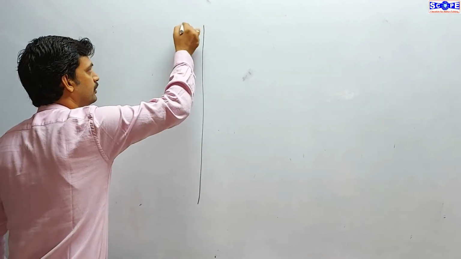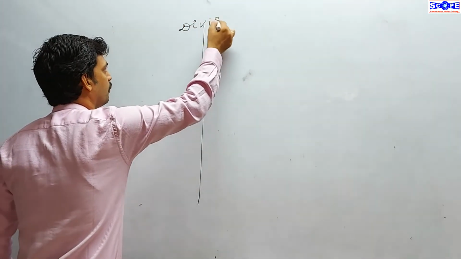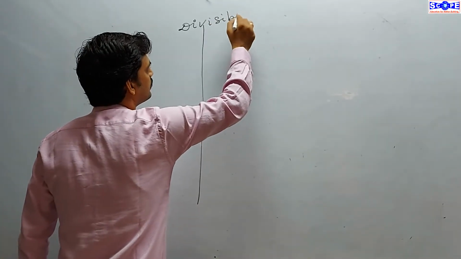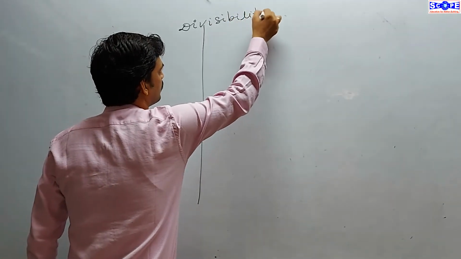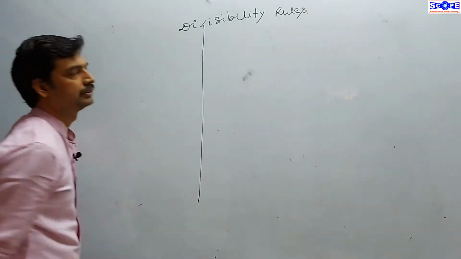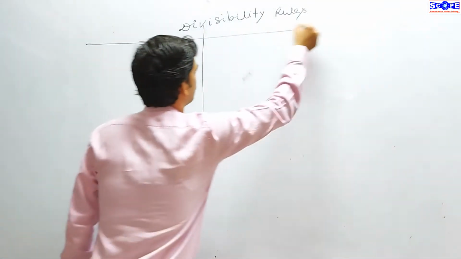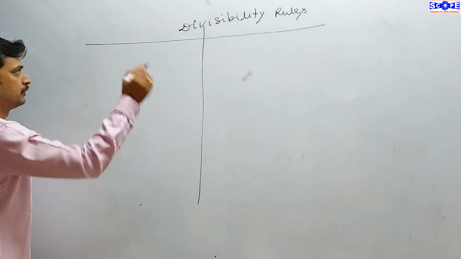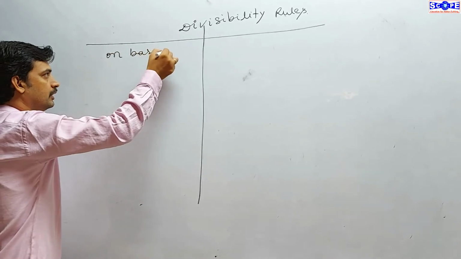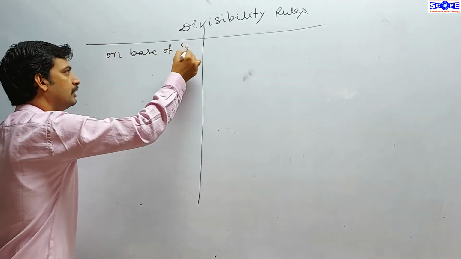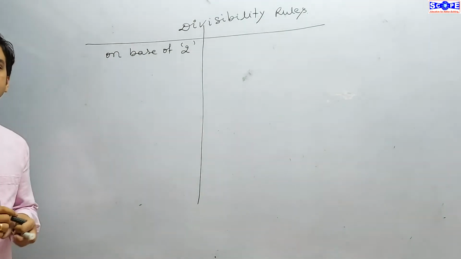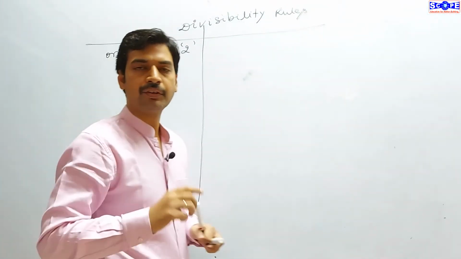We are talking about divisibility rules. First we are taking the base of 2. On the base of 2 means what? Any number